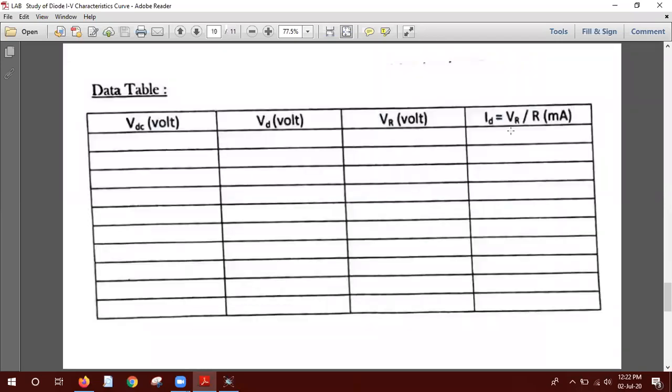So from here we can measure the diode current. When we measure the diode current, we have this voltage and here we have the current. So if we use these two columns, we can easily plot the graph, isn't it? On the x-axis we plot the input voltage, and on the y-axis we plot the diode current. Am I clear? Yes, sir. That's how we finally build the IV characteristics graph, and we see that the pattern looks exactly the same